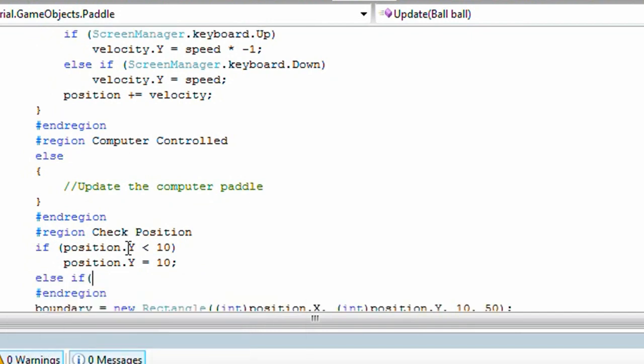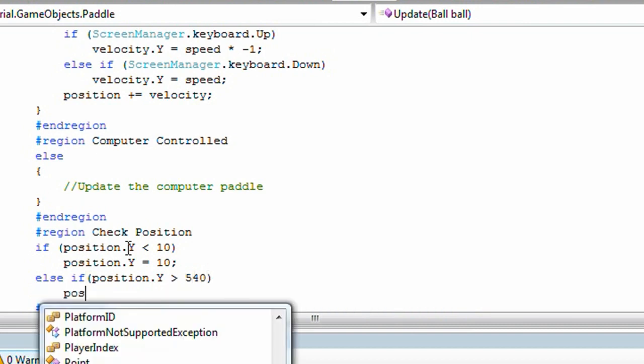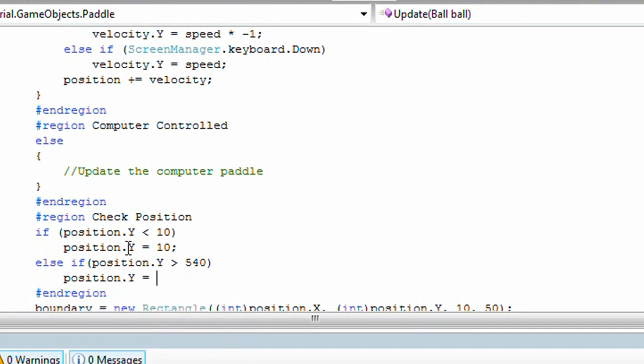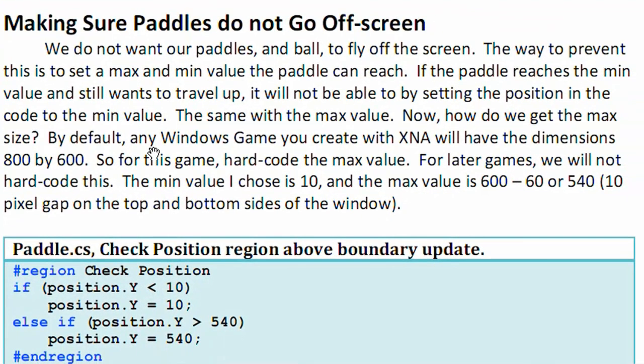Now we do the same thing for the max value. If position.y is greater than a max value, I chose 540, we need to set position.y equal to the max value, which is 540. And the reason I chose that is because, well, for one, the reason we hard-coded it is because we do not want to go very, very complicated for this game. And the reason I chose 540 is because